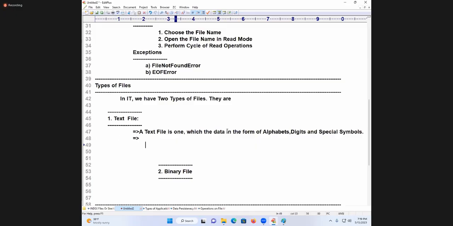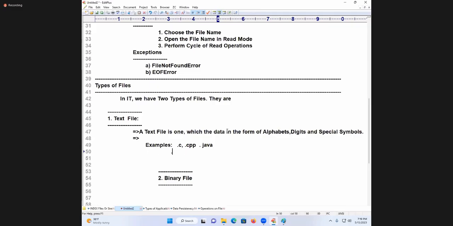Wait. Examples. All C language programs, all C++ programs, .cpp, .java programs, .py.